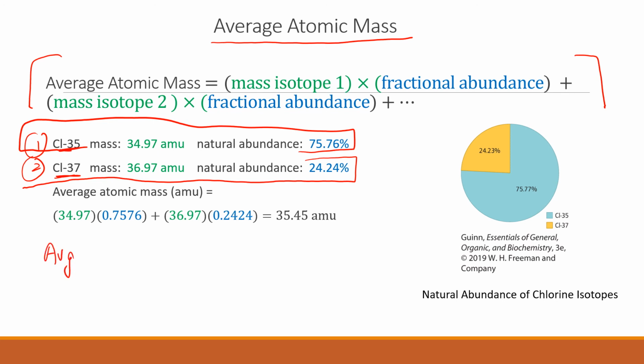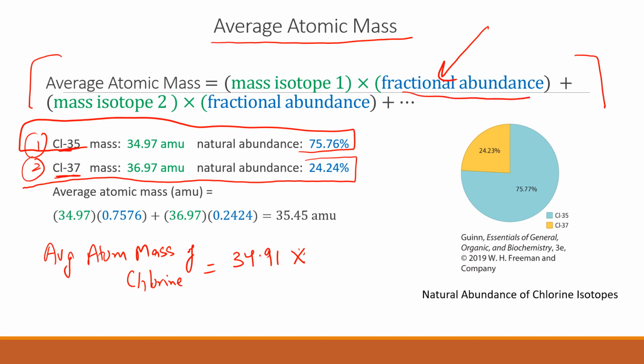The average atomic mass of chlorine equals the mass of isotope 1, which is 34.91, multiplied by the fractional natural abundance. You take the percentage, 75.76, and divide by 100,